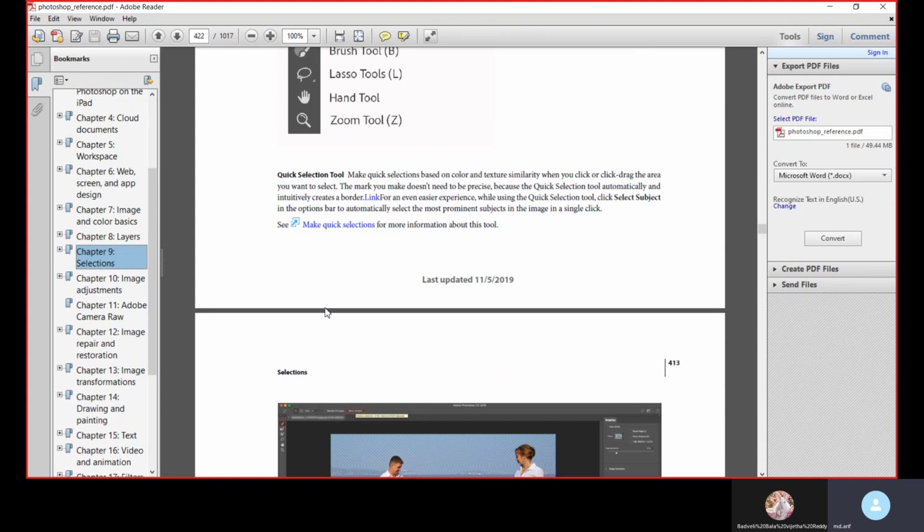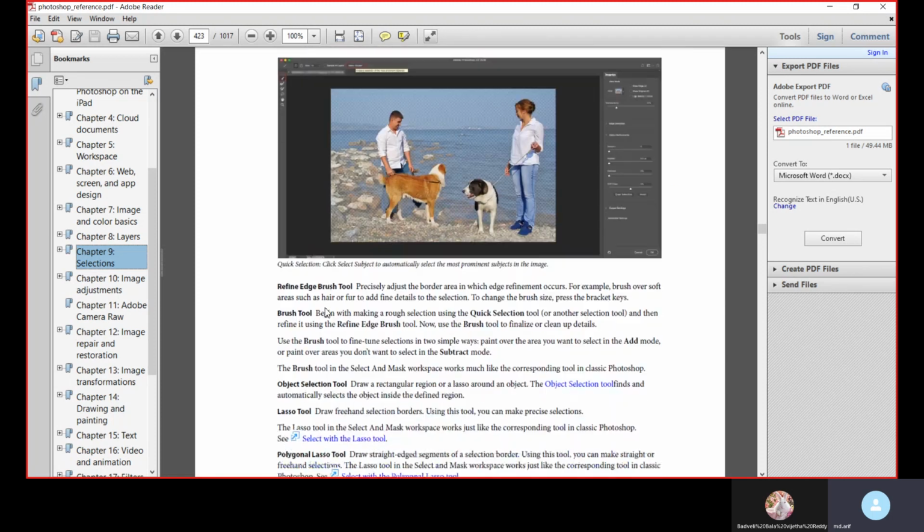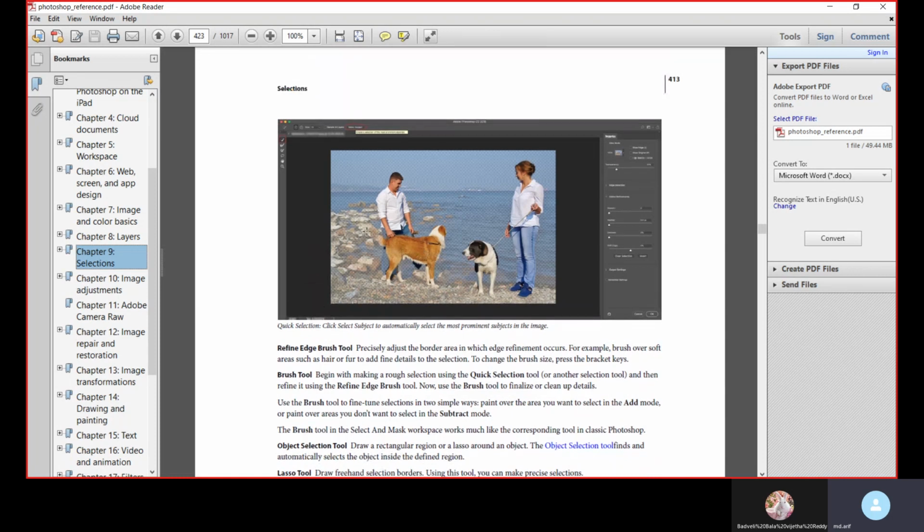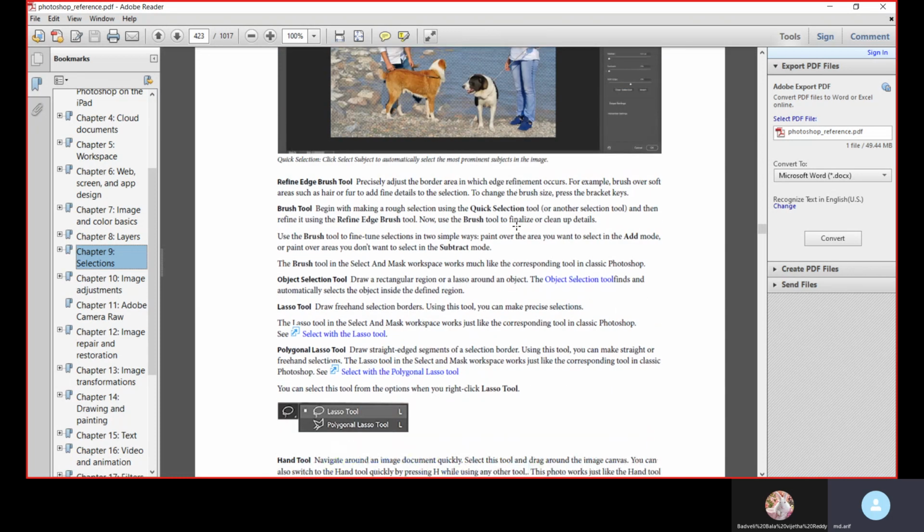For an even easier experience while using the Quick Selection tool, click Select Subject in the options bar. Automatically select the most prominent subjects in the image in a single click. This is the picture of selections.